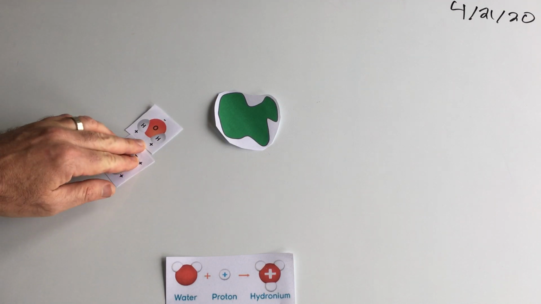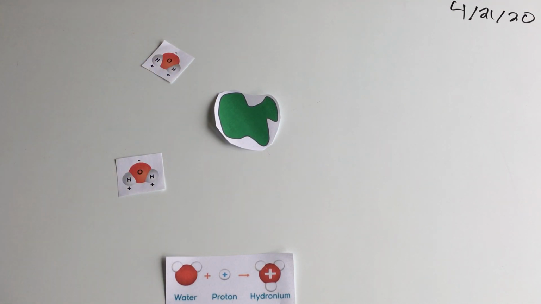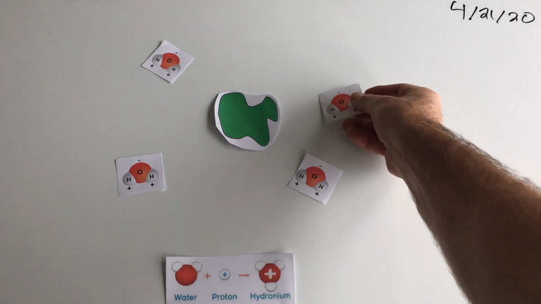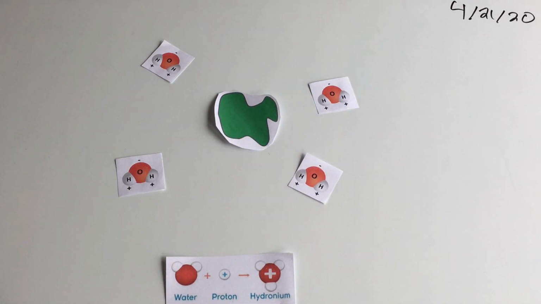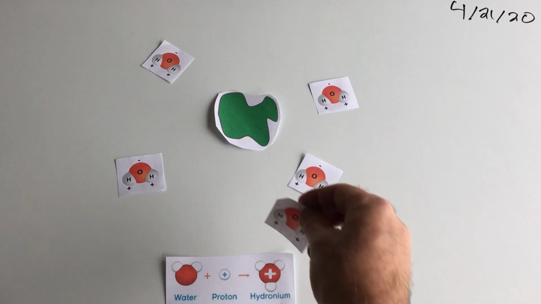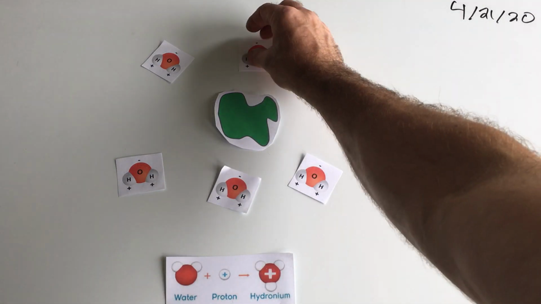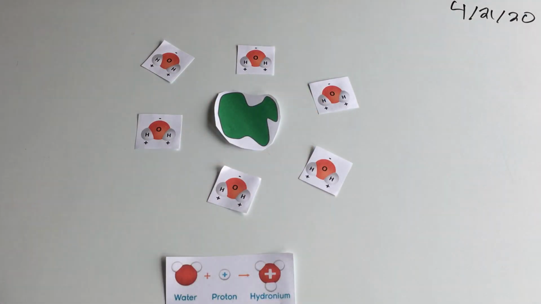So I take my junk, I throw it in water, sploosh. Water surrounds it. And I wait, and it doesn't take long. It basically instantly happens. So if my unknown substance is thrown in water and does nothing, then it's not an acid. I don't know the name of it, but it's not an acid.